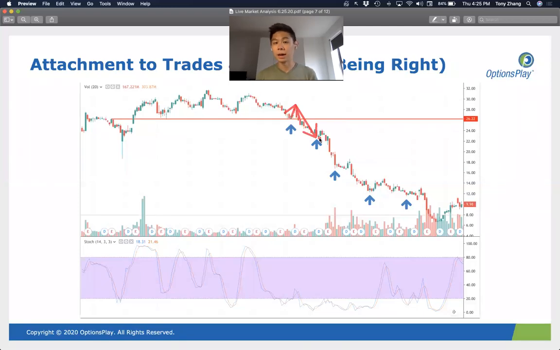But someone who thinks that they're playing the finite game would say, well, I have a loser on my hands, but how do I turn it back into a winner? And they think to themselves, okay, well, this original support level didn't hold, but maybe if I go back far enough, there's another support level. So if I buy a little bit more, then maybe if the stock bounces, I'll be able to get myself back to break even. And you're so focused on winning that you forget the fact that now you're taking on double the amount of risk. Now you've doubled the risk of potentially blowing up your account, which is what you're trying to avoid when you're playing the infinite game. But when you're focused on the finite game, you lose track of the infinite game.